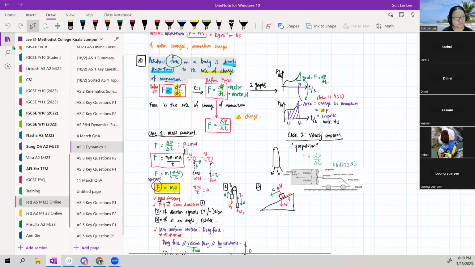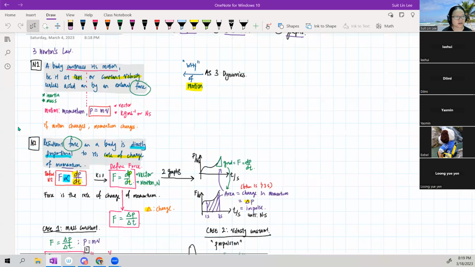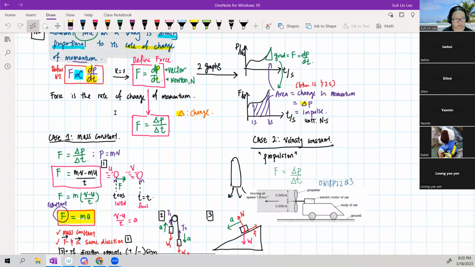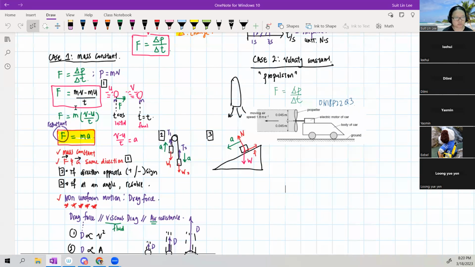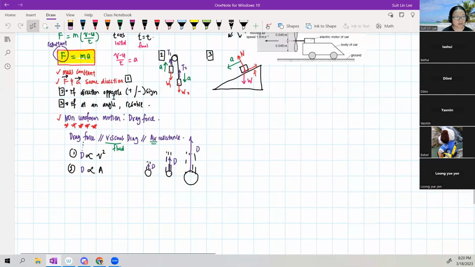Previously, we stopped at Newton's third law. This is chapter 3, where we look at the three Newton's laws. We focus on using the change in momentum over time equation, specifically on propulsion and also constant mass questions. If you want to practice, the questions are selected for you, but feel free to go through the topicals. And then we also look at